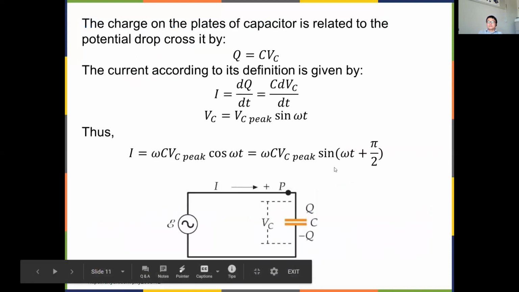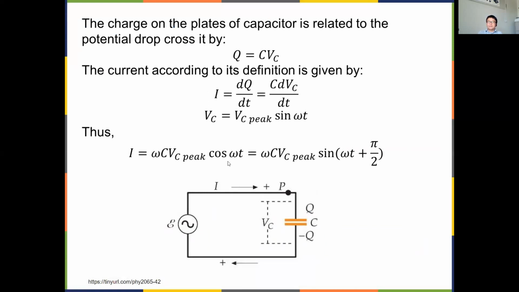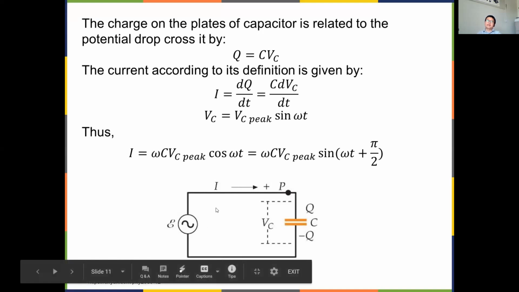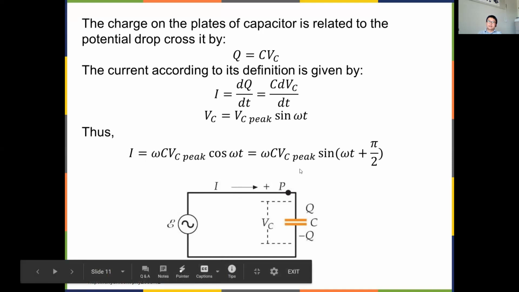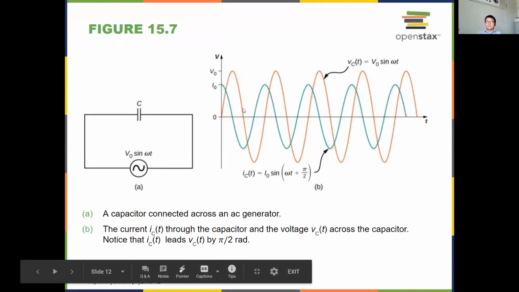On the other hand, if you have a capacitor in an AC circuit, again you have I equal to the derivative of V over dt. If you do that, you'll see that it's again a cosine function. In this case, it reacts to the AC source differently. When V is equal to 0 and starts to go up, the current actually starts at its maximum value. You can imagine this is like a charging process. As you are charging it, your current goes down. When it's fully charged, your current goes to 0. So in this case, it's a little bit different. Your current is leading the voltage